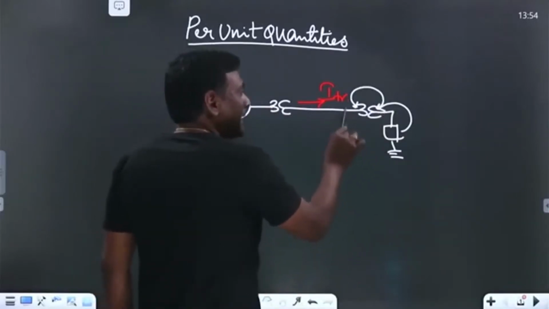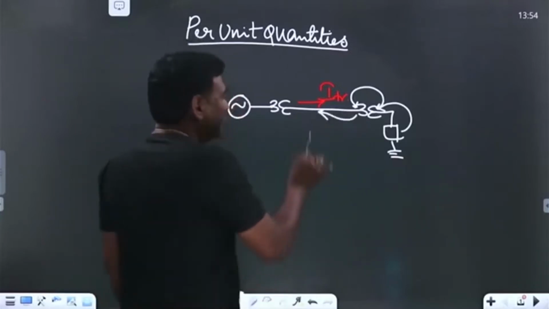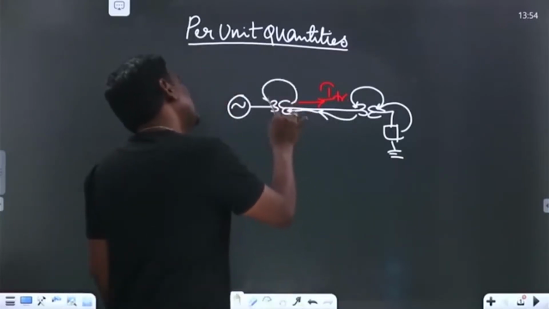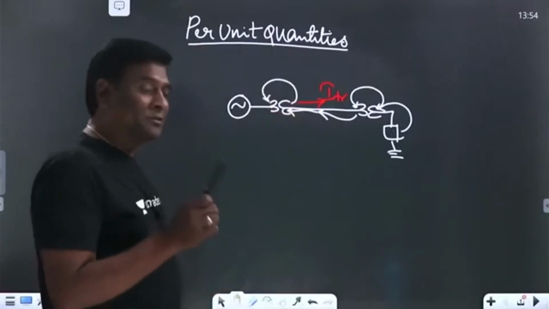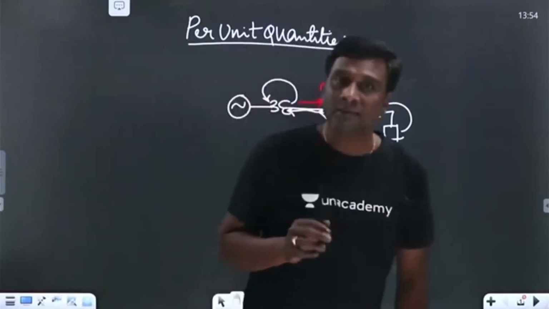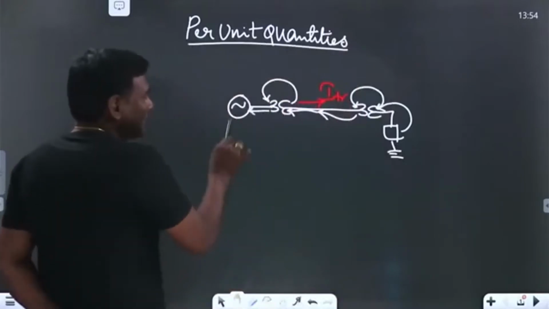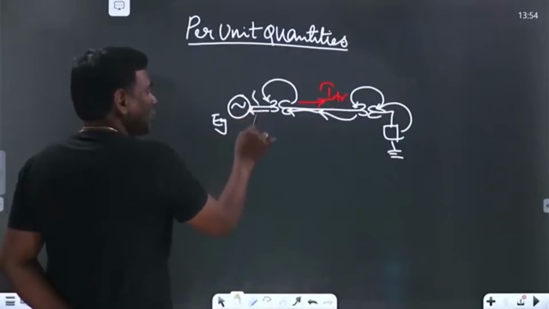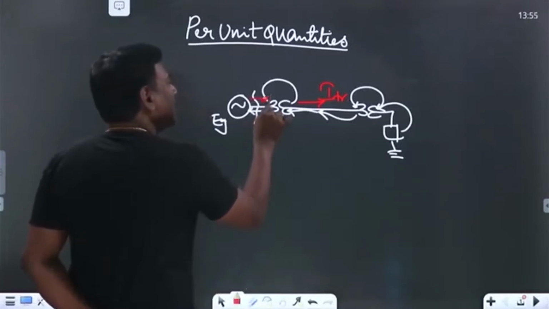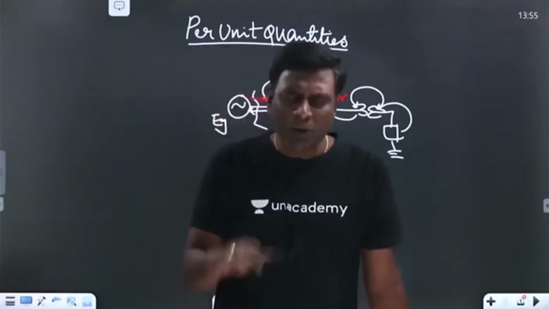And for that, my primary leakage impedance has to be added, and for that I have to add the transmission line impedance. For that I have to add the secondary impedance of the transformer, and this has to be transformed from here to here. Transformation ratios of transformers are going to create a problem while applying load flow analysis in our power system. Now for that, the internal impedance of the generator has to be added. The internal impedance of the generator divided by the total impedance referred to here is going to give you the current flowing through this, and that current has to be reflected from here to here in order to find the transmission line current. That's going to be a very difficult process.